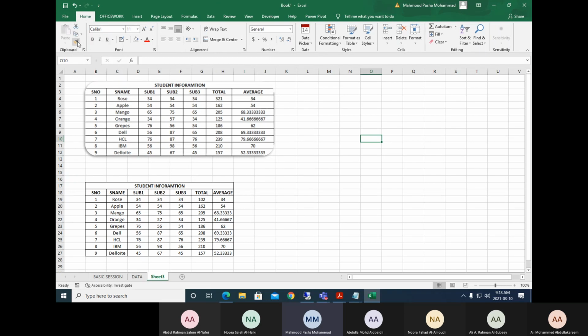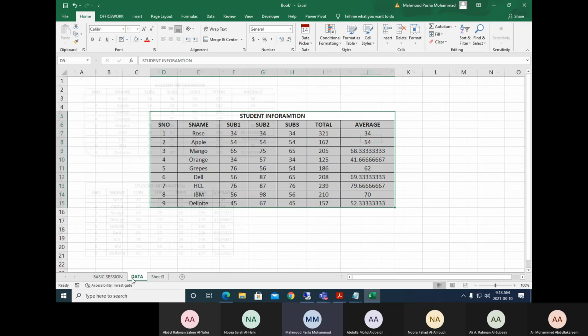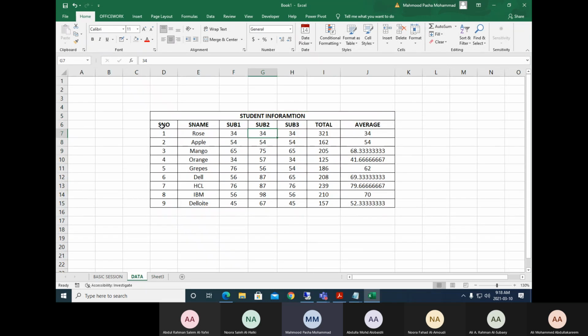Now we have seen only one topic in the Format Painter, that is, whenever you are using the Format Painter, it has the ability to apply the font color, I mean the font size as well as the font style, from one cell to all the other cells available in our Excel sheet. So this is one use of it.